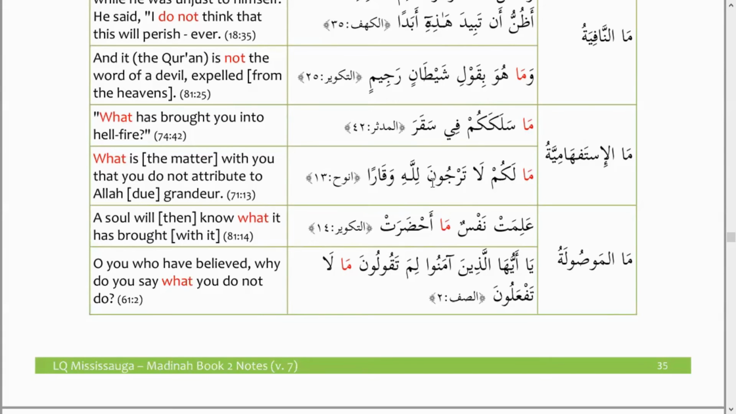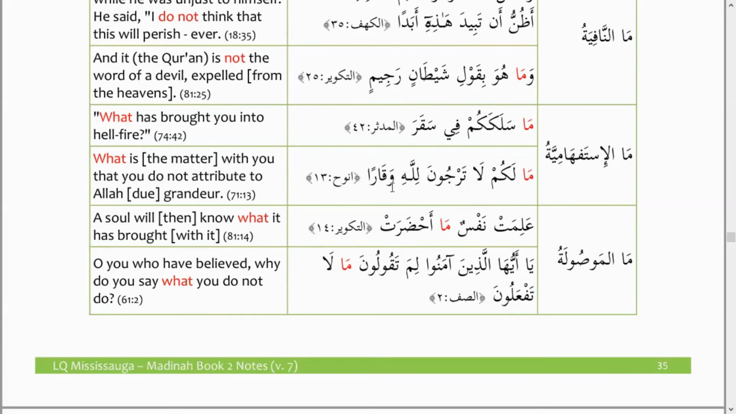Ma lakum la tarjuna lillahi waqara, and what is wrong with you? Ma lakum, many times it comes, but it doesn't mean what belongs to you. It means what is wrong with you, what is the matter with you. Ma lakum, what is wrong with you guys? La tarjuna lillahi waqara, that you do not attribute to Allah grandeur, waqar, like you do not think that Allah